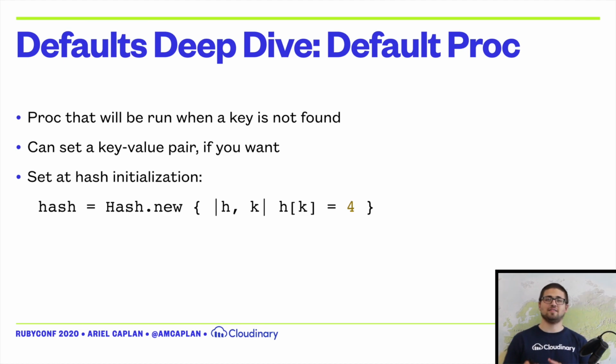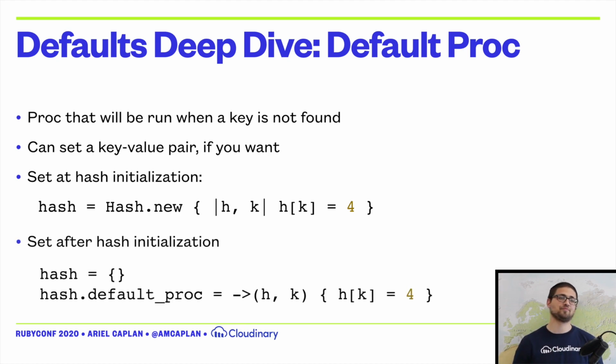Now the default proc, you can set it at hash initialization. However you're going to set it, the proc itself takes two arguments, which is h and k. Traditionally, it's the hash and then the key that you've just asked for. And if you want, you can preface the return value of your block with h, k in square brackets equals. And so you're going to set that key inside of the hash, not just return a value, but also set that key value pair. If you don't want to do that, that's fine too. You can just have the block return some value and never set a key, and that's fine too,